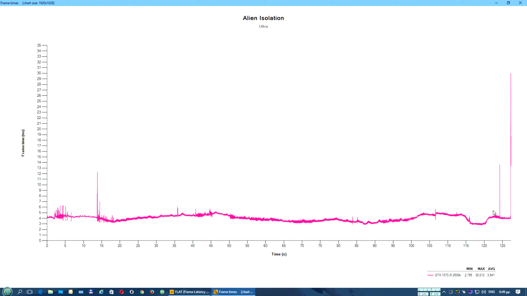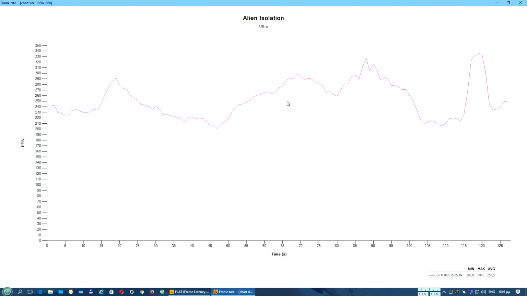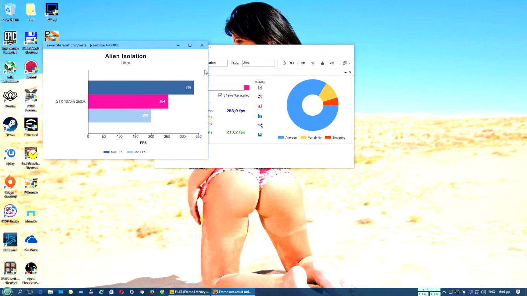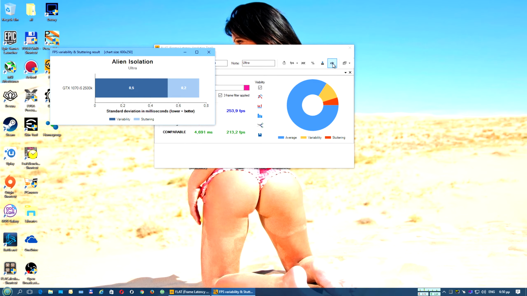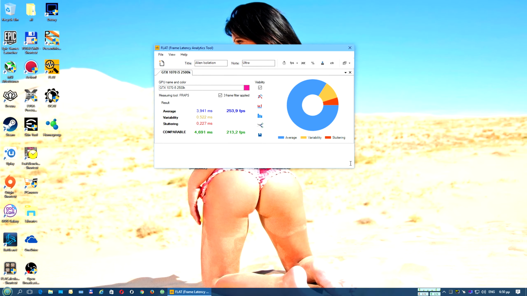frame times chart straight, frame rate very high, min-max and average. Minimum is not very important value for me, the average is the most important, and of course the percentile. So now we have the variability in the stuttering at very low values, half millisecond and 0.2 milliseconds. Imperceivable